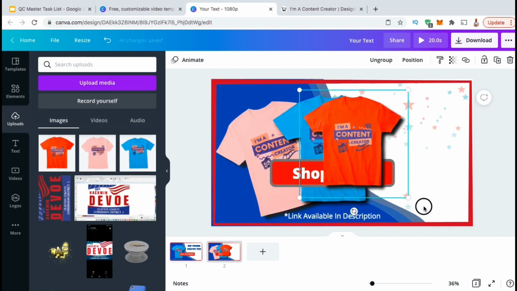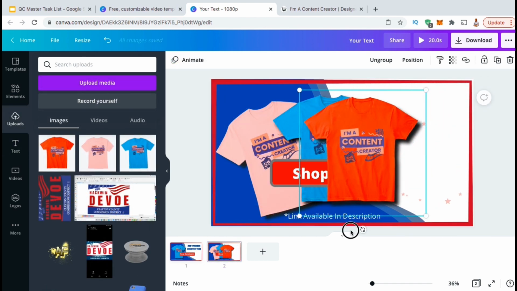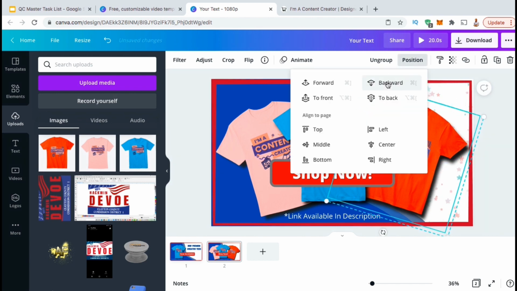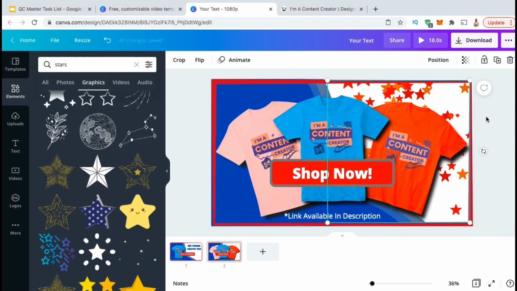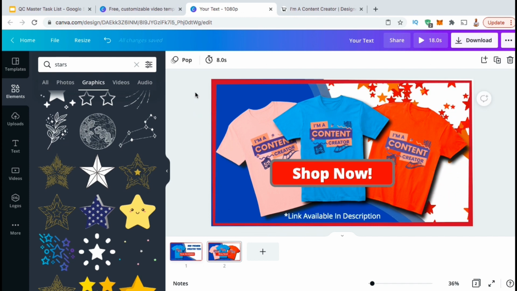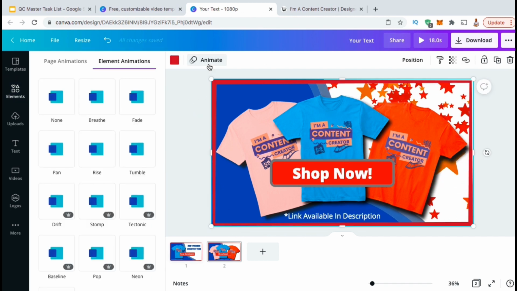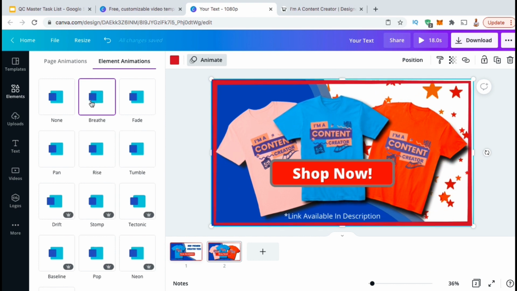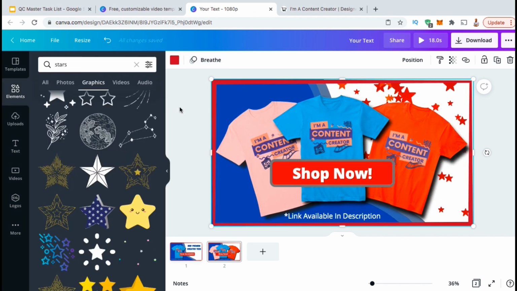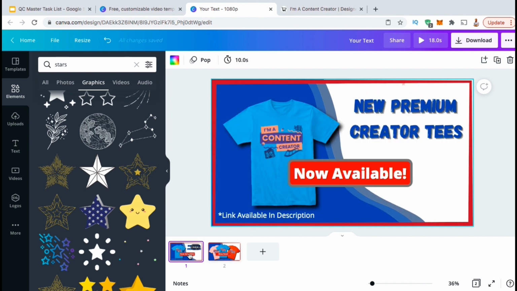For this slide, I think I'll add more images of my product to show that we have various colors and styles, and also add a strong call to action. So just like we did with the first slide, go ahead and add your text, add your graphics and other elements, your product images, your animations, and anything else you want to include in your video. Once you finish with your second slide, feel free to add even more if you like. But for my video, I think I'll just go with these 2 slides.